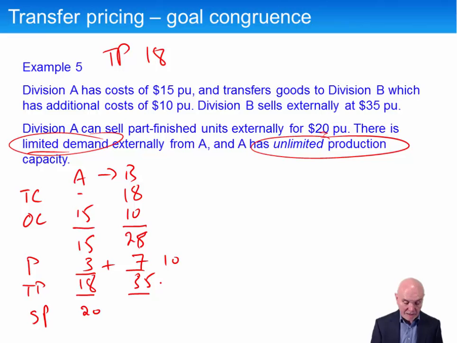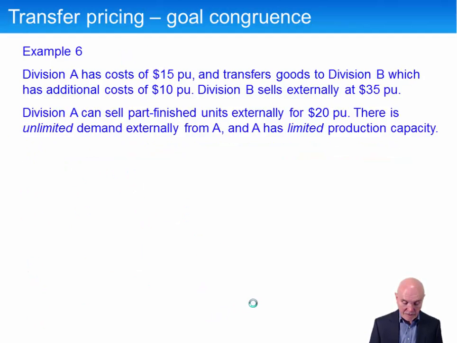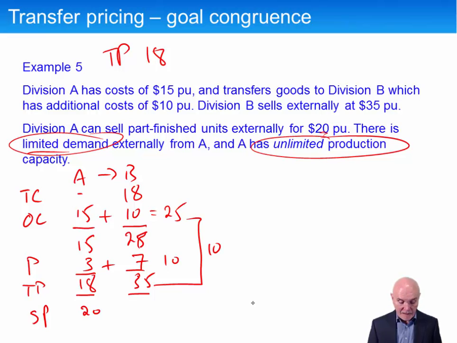We know that is correct because the total cost we've got there is 25. Their true own costs are 25. The true outside revenue is 35. So again, there's a 10. So all we've done in here is really to split the 10 profit that's available for the group to 3 and 7.